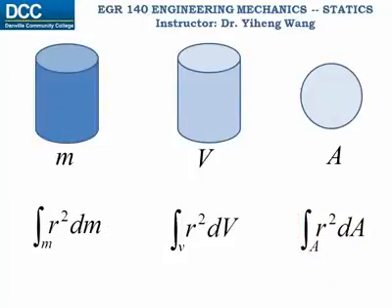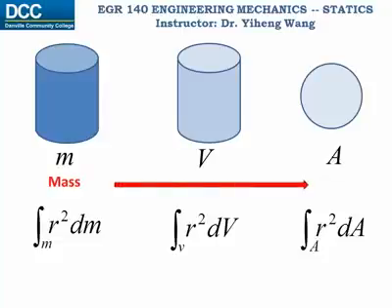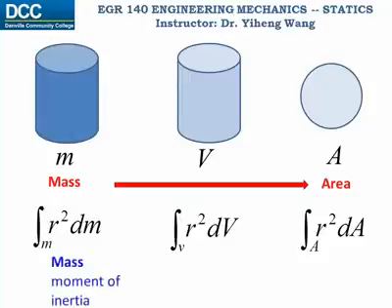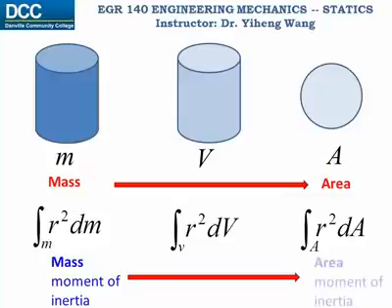So, mass can be reduced to a 2D geometric representation, the area. And similarly, mass moment of inertia can be reduced to a 2D geometric representation, the area moment of inertia. I will give examples in the next two videos on how to calculate the area moment of inertia. But before that,